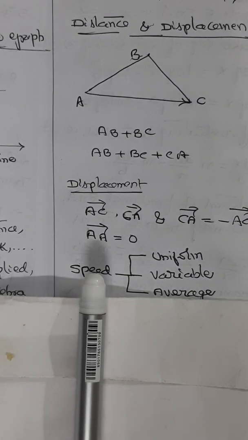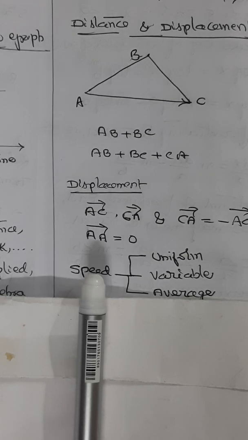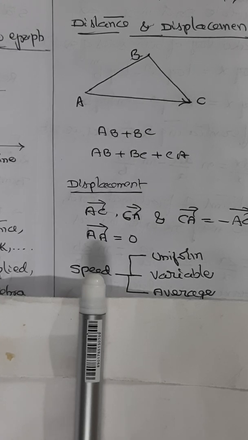Let us understand speed. The speed of an object is nothing but the time rate of change of position of the object in any direction. It is measured by the distance travelled by the object in unit time in any direction. That is, speed is written as distance travelled by time taken. And we know that speed is a scalar quantity because it doesn't have any direction. It is not giving any idea about the direction of motion of the object. The speed of the object can be 0 or positive but cannot be negative.